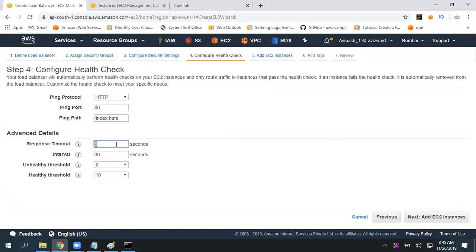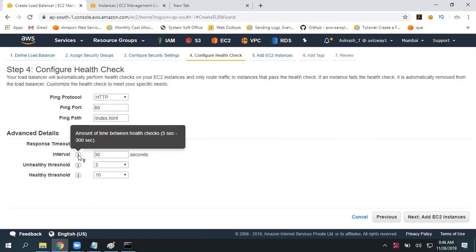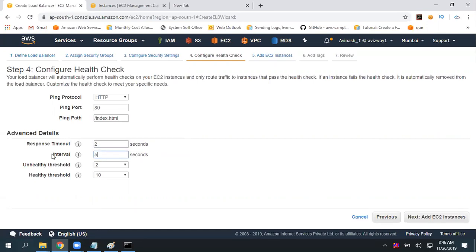Response timeout: if my load balancer is pinging, within how many seconds do we need to get a response from our instance? 2 seconds. What is the interval? How frequently do you want to perform health checks on our instances? For every 5 seconds I want to perform. I'm giving all minimum values, which means it will quickly decide whether the instance is healthy or unhealthy.